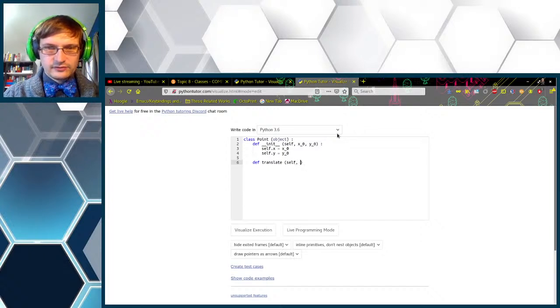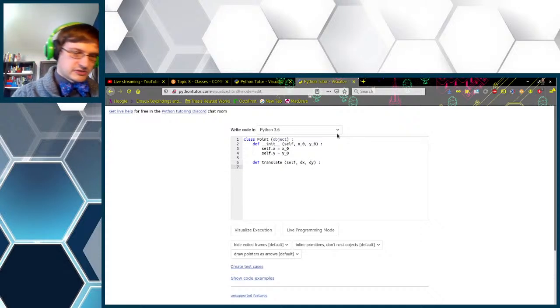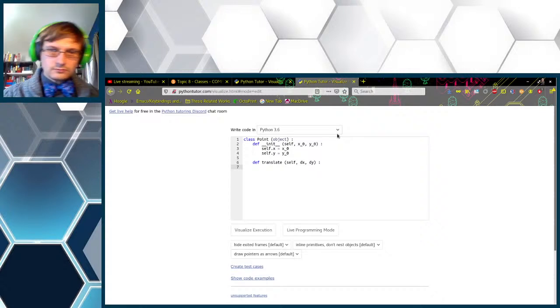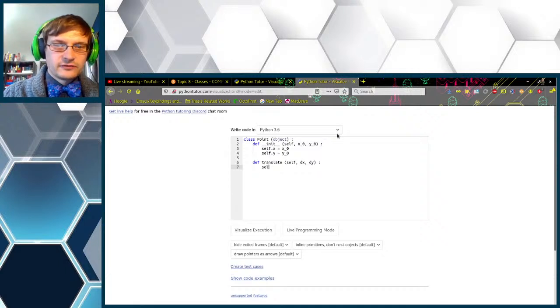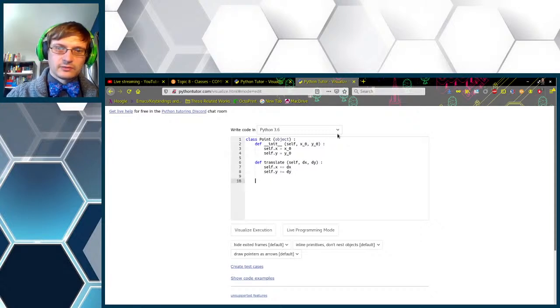We'll take self, dx and dy, standing for delta x and delta y. But there's no delta key, so we'll use d instead. Apologies to the Greeks. So self.x plus equals dx, and self.y plus equals dy. There we go. Simple enough. Notice that we are including self here.